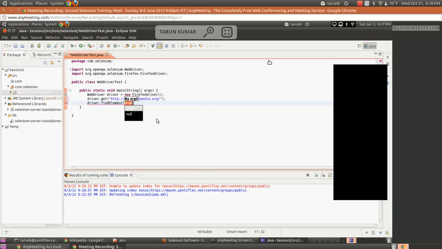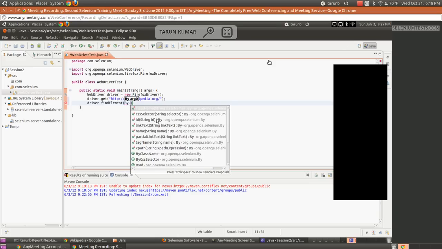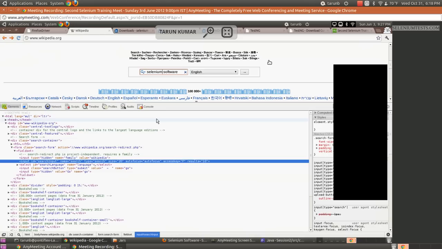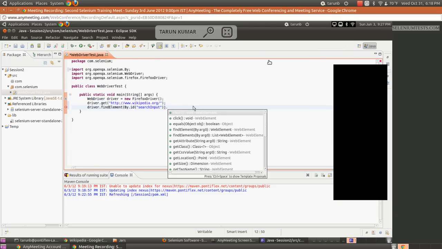It takes an argument of type object By. So we'll say By dot. There are different ways to locate an element. We had seen CSS selector, ID, name, tag name, XPath. We are going to use ID here. So I'll select ID, and then I copied the ID from here, the search input.